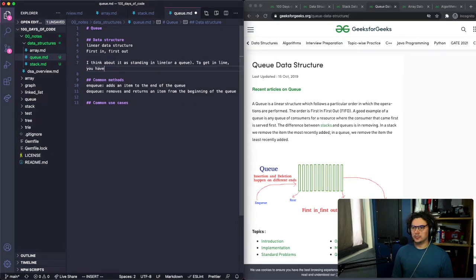One, two, add, get. To get in line, you have to stand at the back.